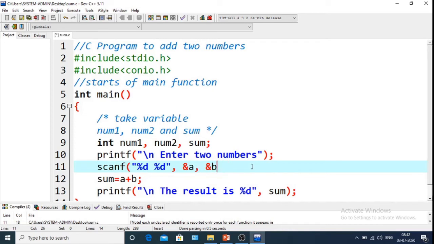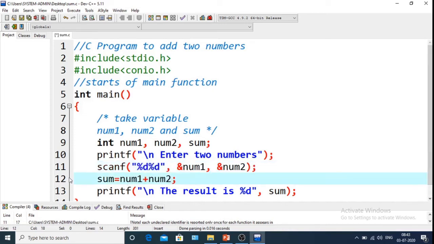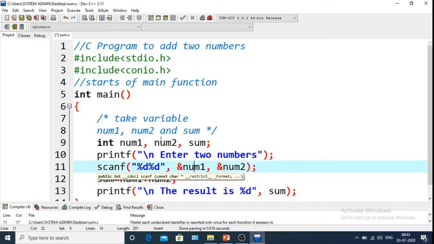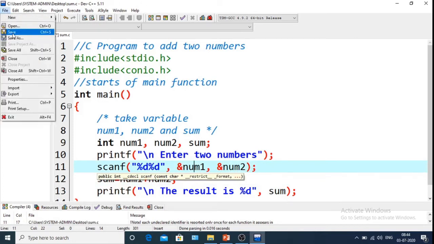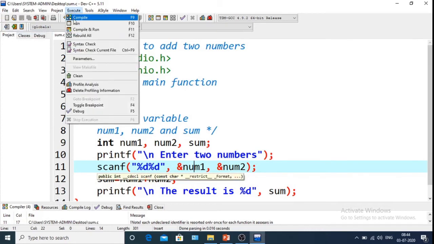Let's see what the error is. Okay, so I made a mistake. I had taken it as a and b, but it was taken as num1 and num2. Okay, so let's save the program and execute it.